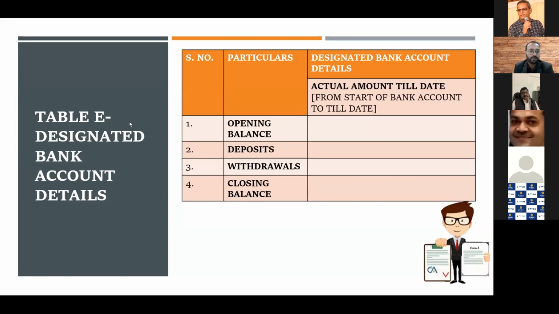There is a confusion between sir and me. Sir, we are now sitting in January 22, and the CA has to certify Q3 for October, November, December. So this certificate is going for the first time. So here the CA will certify the cumulative balance for the first certification. And when he certifies Q4 in the month of April, he will take the closing balance of Q3 as the opening balance of Q4. This was my query. Is it right? Yes, that's what I am telling. This Form 3 is a cumulative certificate and not a quarter-wise or period certificate. Correct.